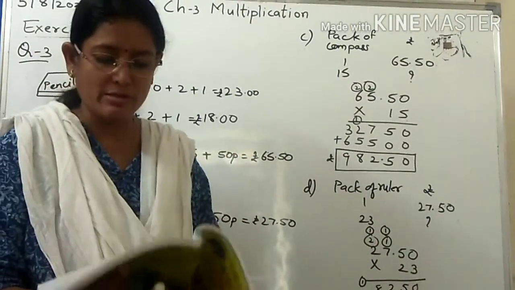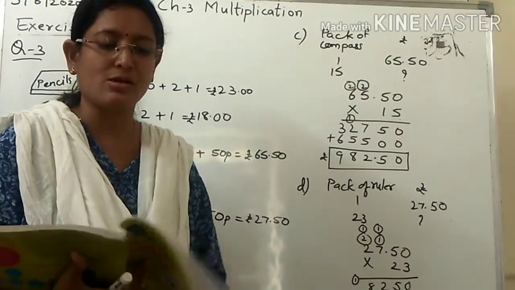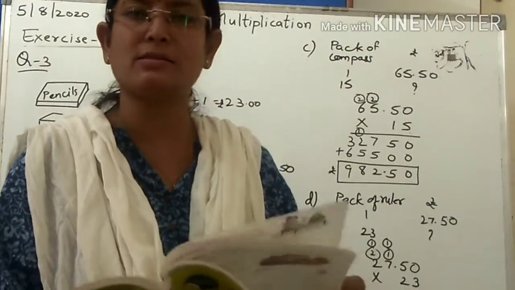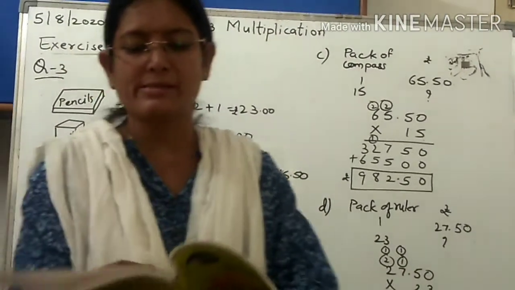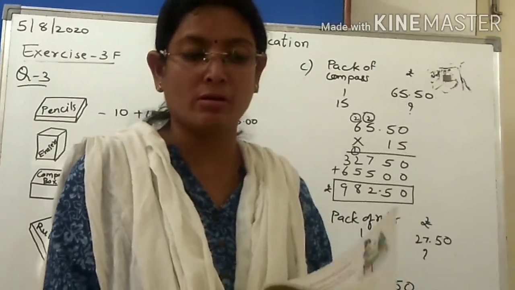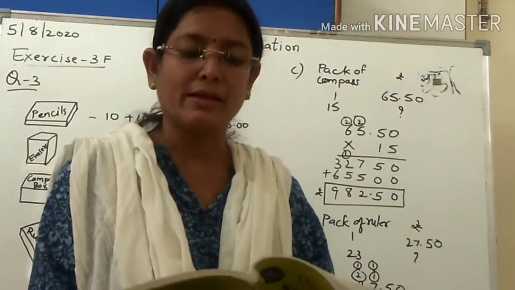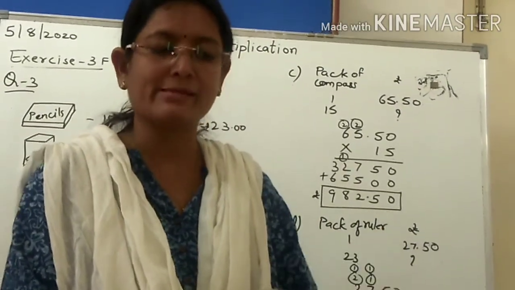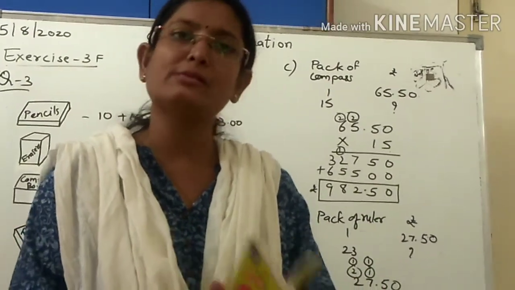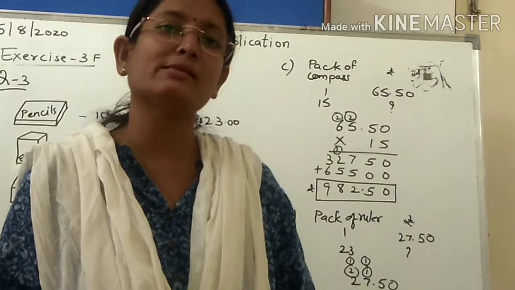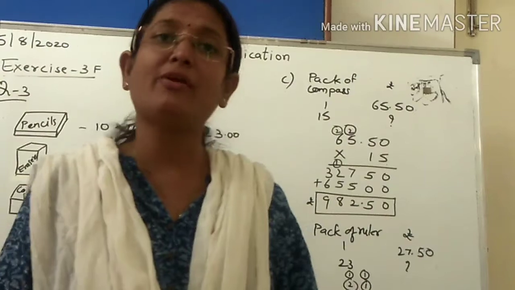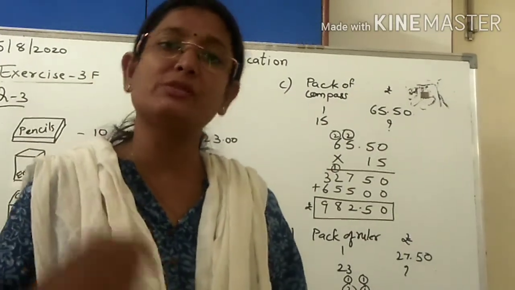Right? I hope you have understood this exercise and these questions. Now exercises 3G, 3H and 3I: these 3 exercises are being cancelled from your syllabus as in some places they have not given the numbers. Bar models are being used for explanation and understanding, which is not in your syllabus, so we have cancelled that. And chapter checkup you have to do on your own, right? First do it by yourself so you will understand whether you have understood the whole chapter properly or not, and then verify your answers from the written notes which I have sent you.